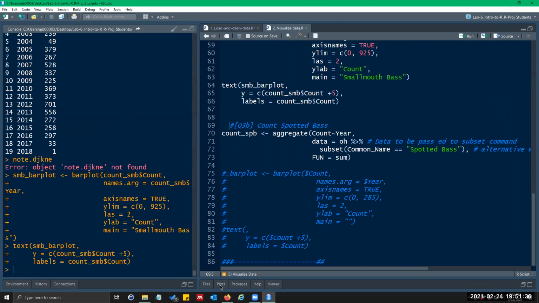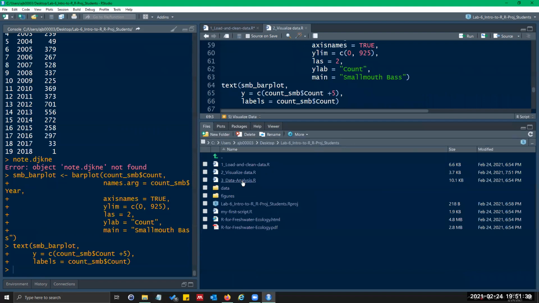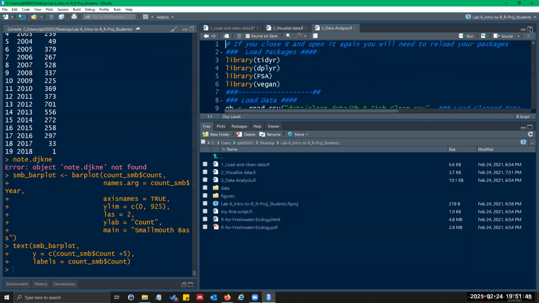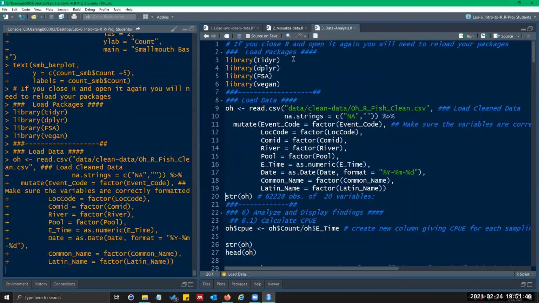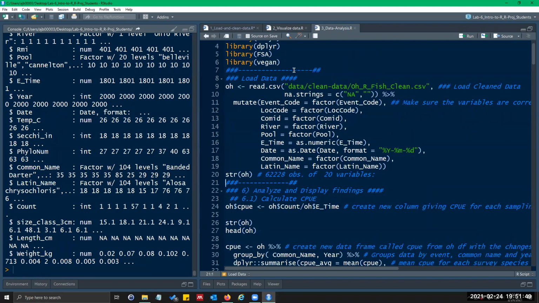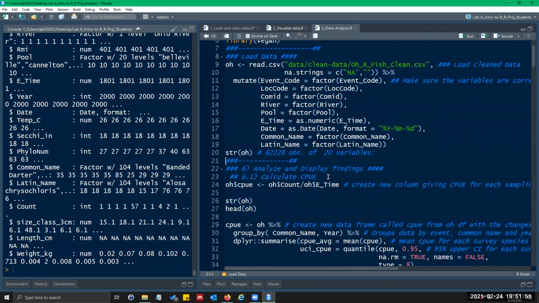So now we're going to move on to data analysis. Again, I don't need to do this, but I'm going to. Everything looks good. Now we're going to create a new variable called catch per unit effort. So we're doing the Ohio $, and you'll notice the last variable here is weight. If I were to look through, there's no catch per unit effort. I'm creating a new catch per unit effort variable here.